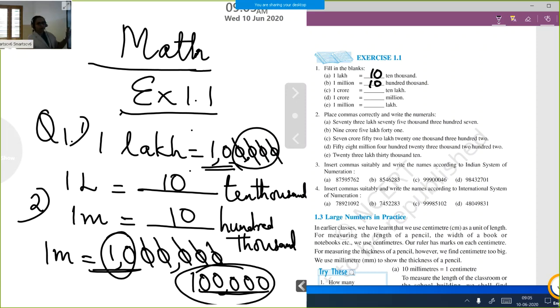Okay? Understood this one? So first we are writing 1 lakh. 1 lakh is having 5 zeros and 10,000 is having only 4 zeros. Then you can remove those 4 zeros from 1 lakh. You will get how many 10,000 makes 1 lakh. Clear, children? Okay. Now teacher is going to the third one.